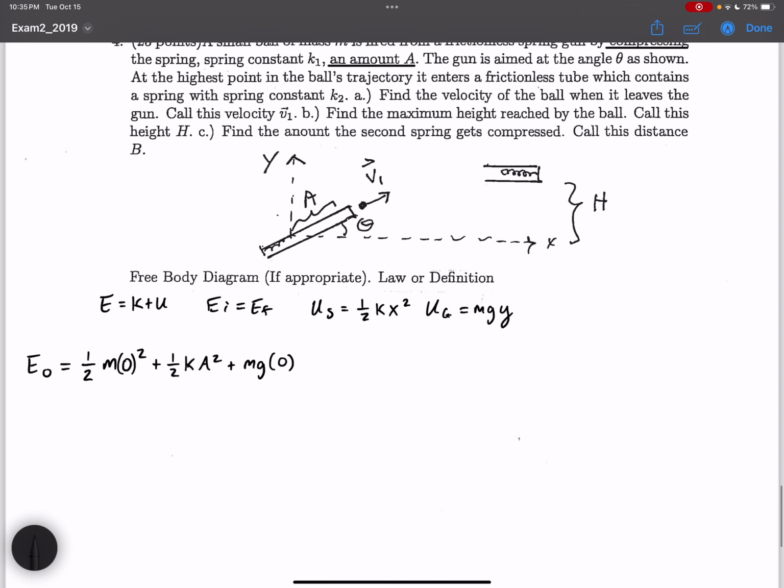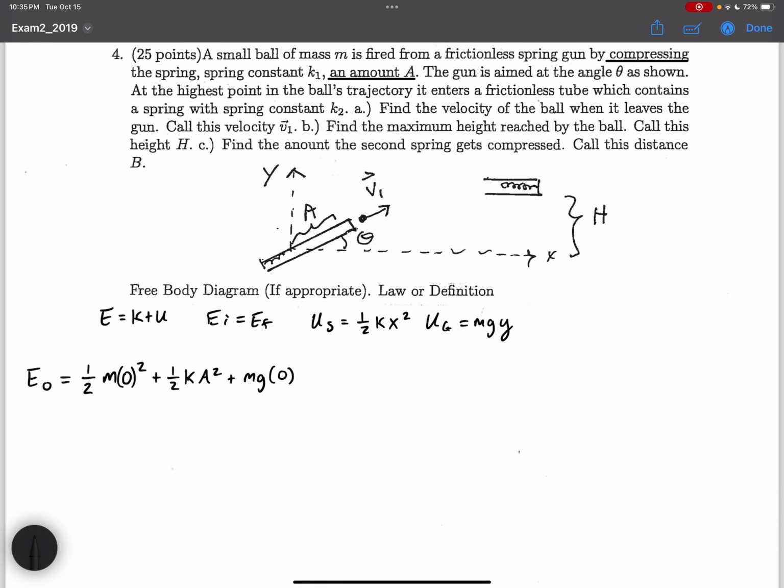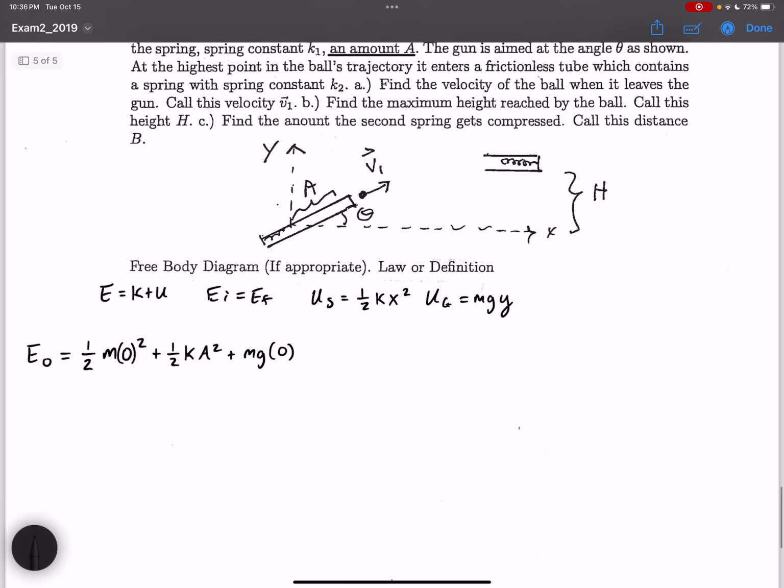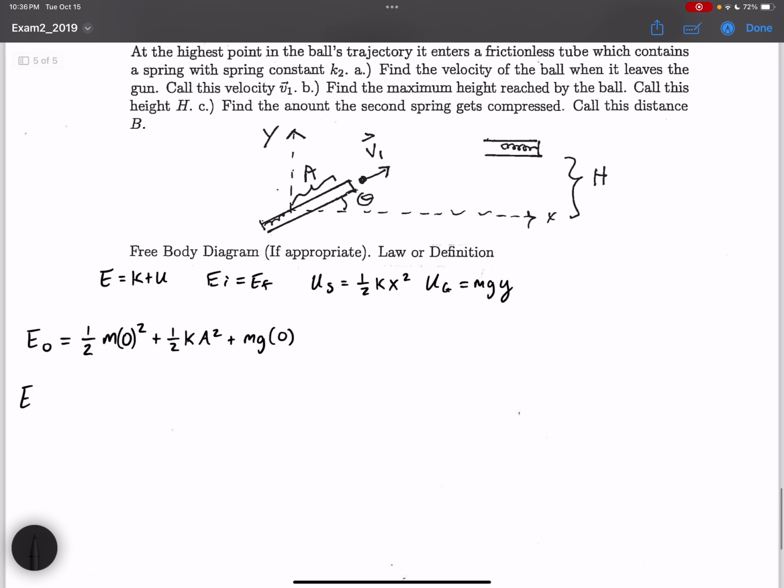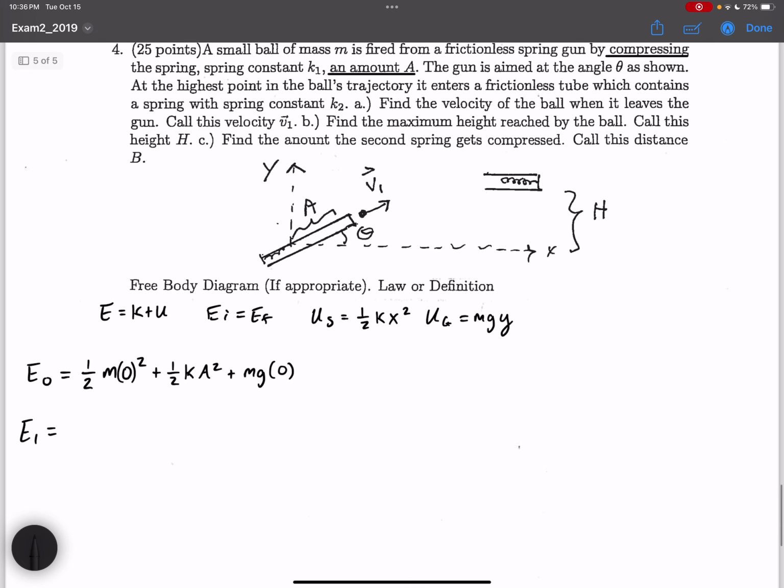And then we have energy 1 when it leaves the gun. That's important as well. So we have energy at point 1 when it leaves the gun. It's going to have a kinetic energy now of velocity 1, because that's what it says it wants it to be. So it's going to have 1/2 mv1 squared. It's no longer going to have a spring potential energy, because it's not on the spring anymore. So that's just going to be 0